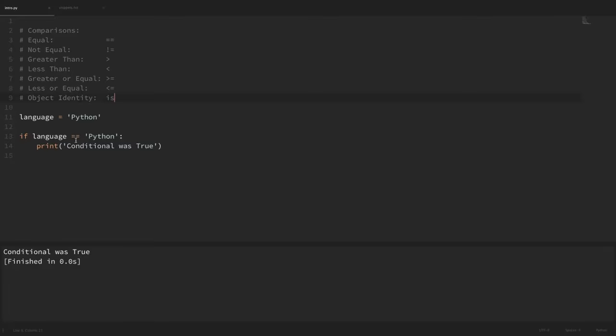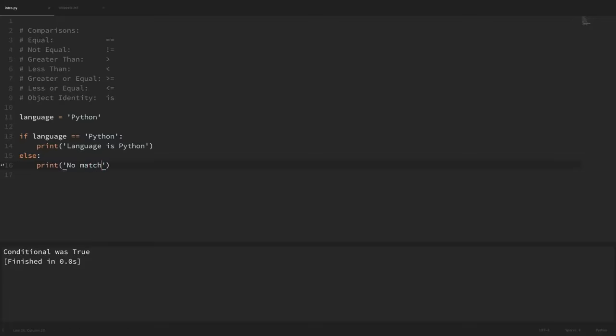To do this, we're going to use an else statement. So first, I'm going to change my print statement here and just print this to say that the language is Python. And now we want to execute some code if the language is not equal to Python. So to do this, we're just going to put in an else statement and make sure that your else is back here on our baseline and not within our if statement. So now we'll say else, and now within our else block, we will print out a string that just says